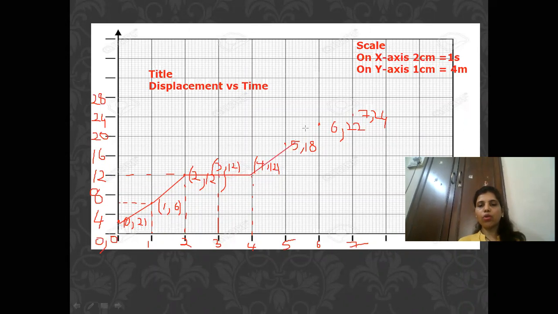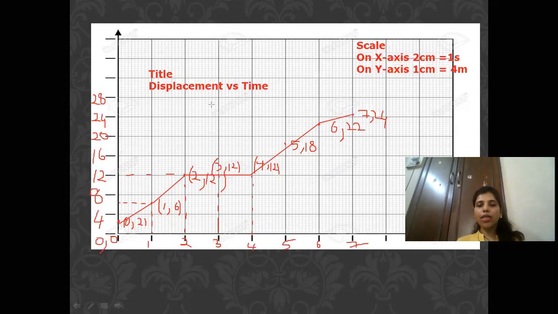you have to draw a straight line till 6, 22. It's coming straight. A little bit, you can see that because of the plotting, I have not taken it very accurately. That's why it might be showing that way. But when you plot, you will get it exactly. So take the scale and then draw the line. So this is how your graph will look.